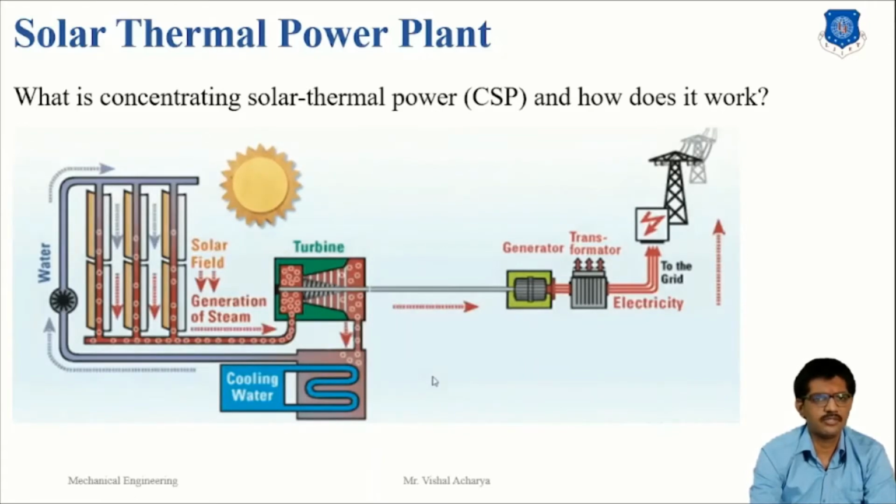Concentrating solar thermal power, or CSP, technology uses mirrors to reflect and concentrate the sunlight onto a receiver. The energy from the concentrated sunlight heats a high temperature fluid in the receiver. This heat, also known as thermal energy, can be used to spin a turbine or power an engine to generate electricity. It can also be used in a variety of industrial applications like water distillation, oil recovery, food processing, chemical production, and mineral processing.